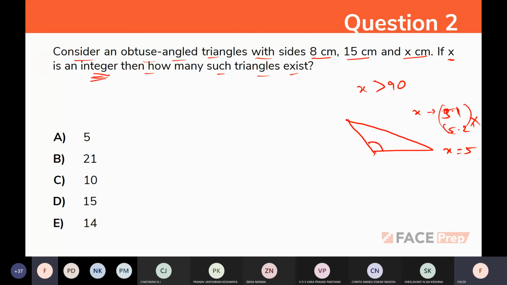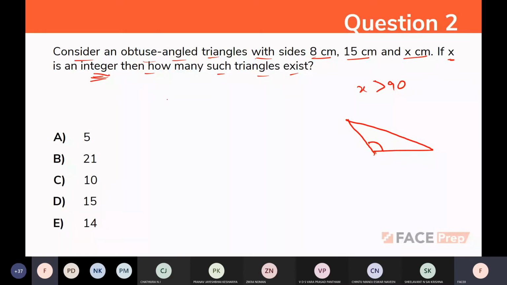Okay. So x may have many numbers between a range. Let's say x is having a range from 2 to 6, which is 3, 4, 5. So we have three different triangles. We can get three different triangles in this case. So I'm saying this for example only. Okay. So that's what they asked us. How many different triangles will appear for different values of x? For that we need to find the range of x.